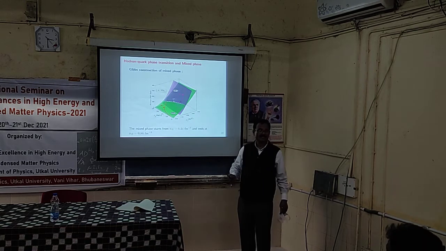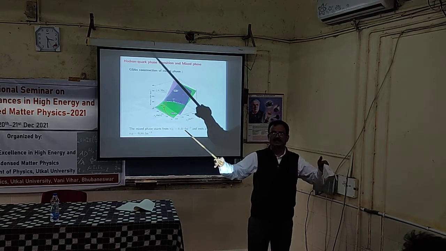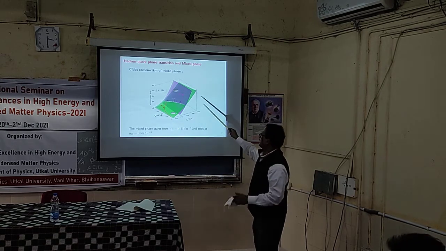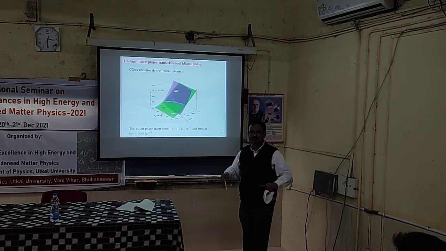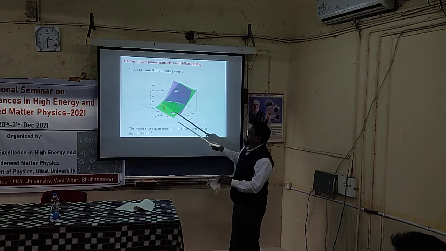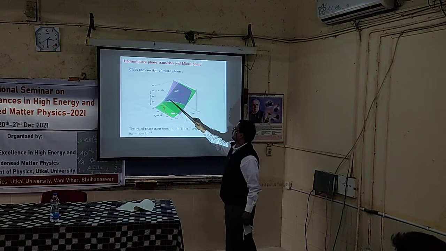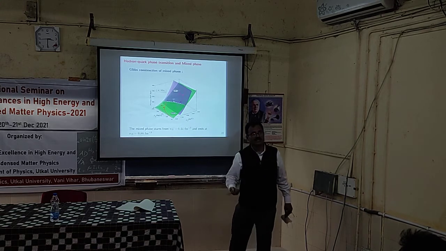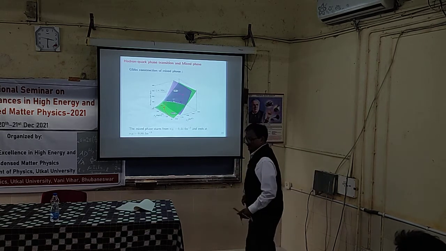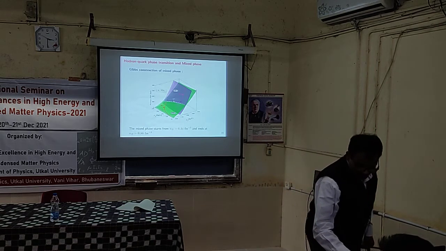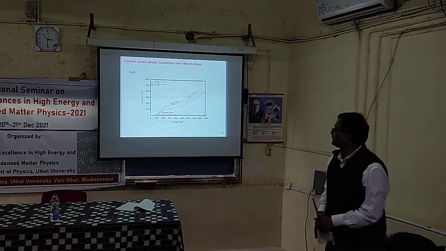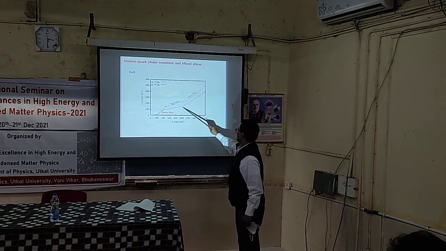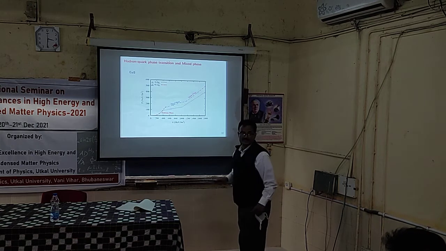So you have a structure. If you have extremely large density, you will have a quark phase. If it is low density, it is a hadronic phase. But if it is moderate density, you can have a fraction of matter in hadronic matter and a fraction in quark matter. And you can have a corresponding equation of state also. This is what I have written down. This is the hadronic phase, this is the mixed phase, and then this is the quark matter phase.